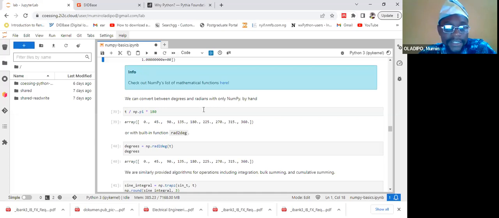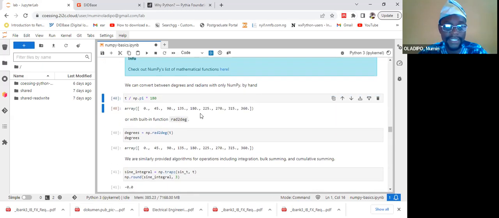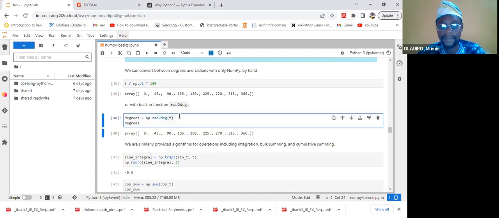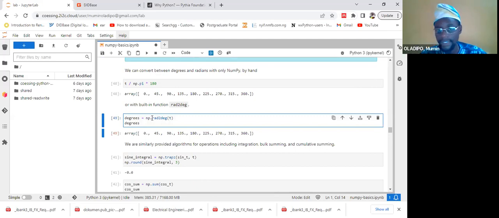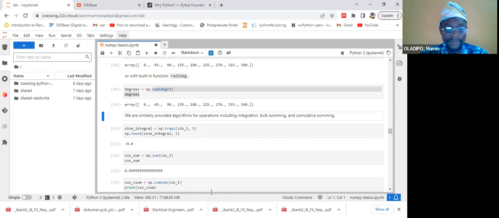If, for example, I convert all of those values I got initially for T, I could just convert using a built-in function, radians to degrees. And I can do that vice versa also. If you want to know the syntax for this, you can simply check the documentation. Now, similarly, you could also